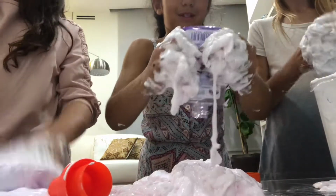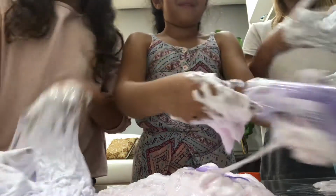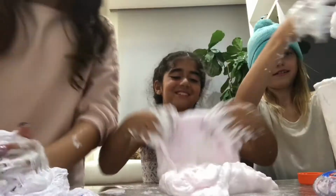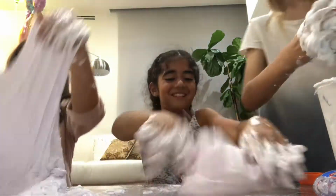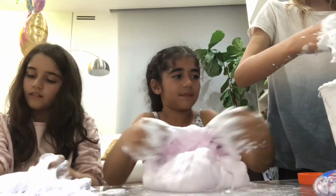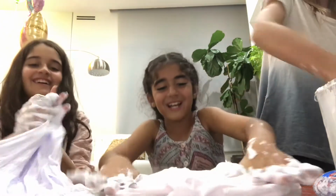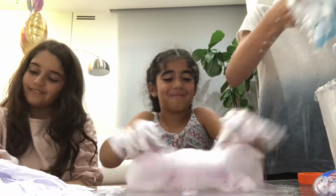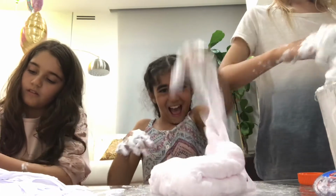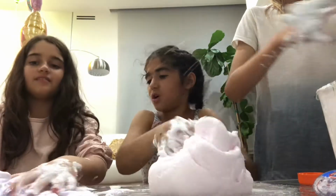I'm going to ask for this glue because there's a lot of it. We really should have got more Tide. I don't care. You're always sad. Oh my gosh. Thanks a lot. Look at the mess we made. Oh god. We're all good. The Gain on the bottom. The Tide on the bottom didn't do anything. Mine is so fluffy. Probably not. Oh my god, why did I do that? Oh my god. What the heck? It's gonna drip. Don't touch your